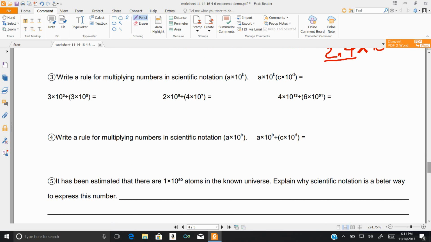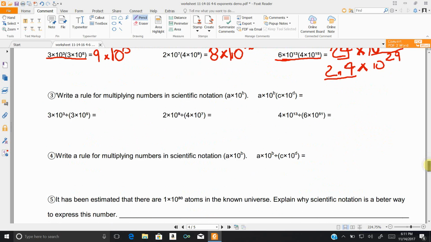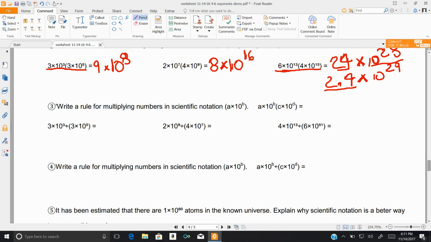So if we write a rule for scientific notation, a times 10 to the b times c times 10 to the d equals a times c, we multiply those numbers, times 10 to the b plus d, except that sometimes we may have to divide the ac by 10 and then add 1 to the b plus d. The next thing we're going to do is divide